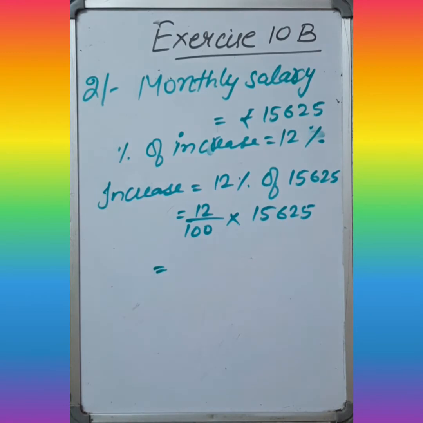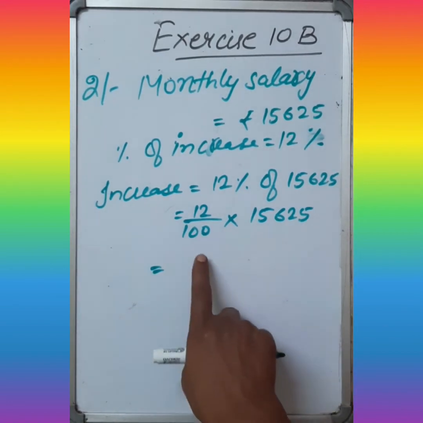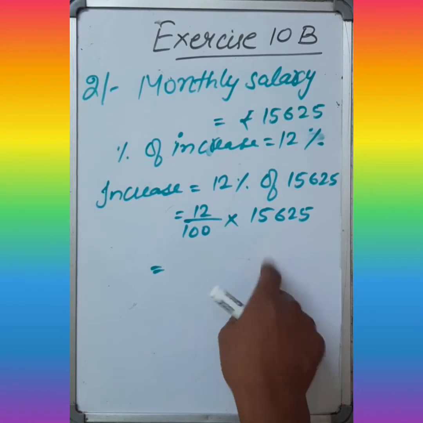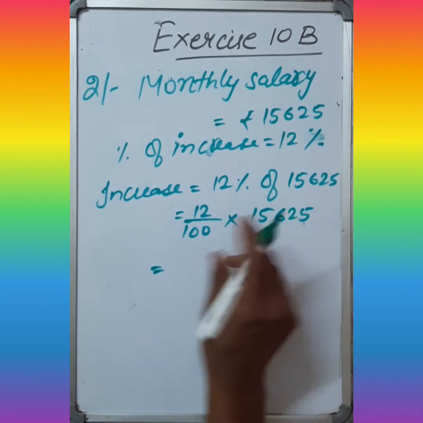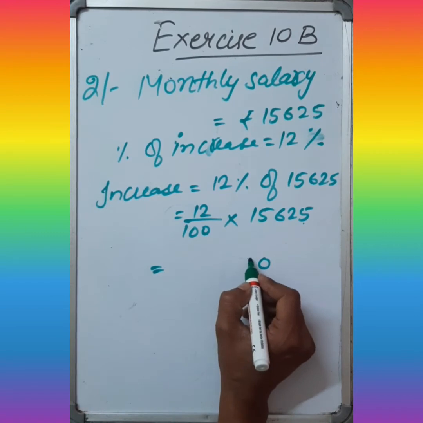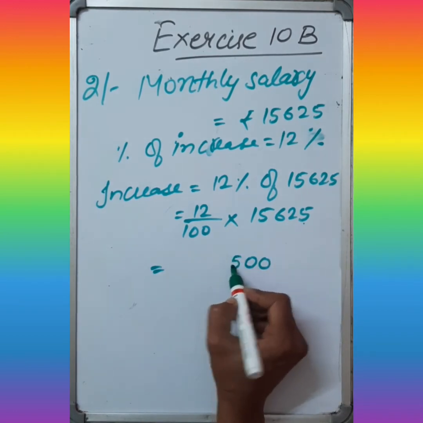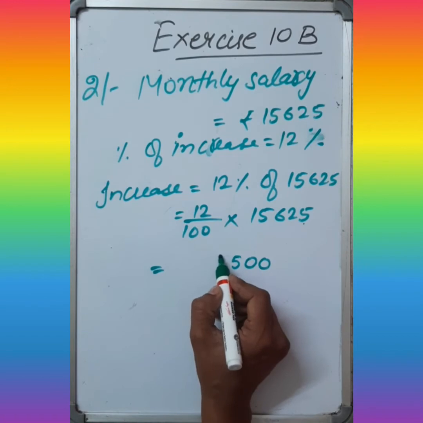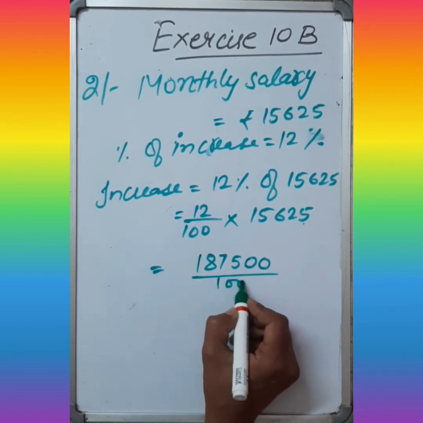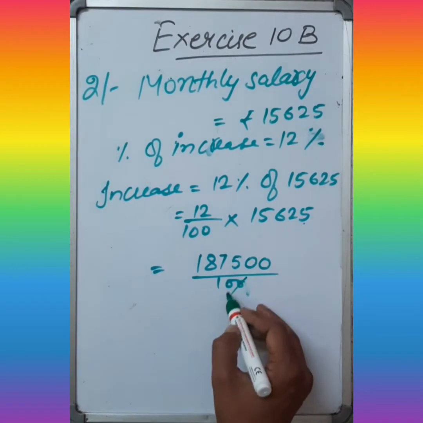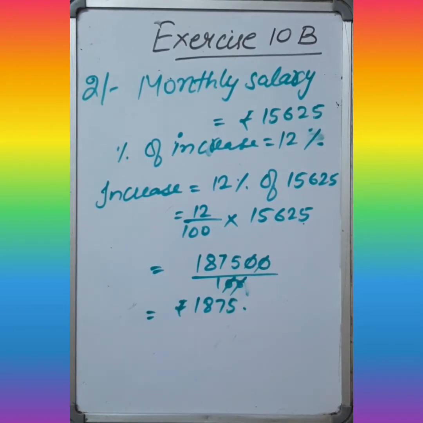Okay, there are two methods you can use to find it. You can multiply first and then put the decimal, otherwise we first solve it and multiply. So let's see how to do it. 12 5s are 60 carry 6, 12 2s are 24 and 6 is 30 carry 3, 12 6s are 72 and 3 is 75 carry 7, 12 5s are 60 and 7 is 67 carry 6, 12 1s are 12 and 6 is 18, upon 100. Okay, these two zeros are cancelled out, equals rupees 1875. This will be the increment of his salary.